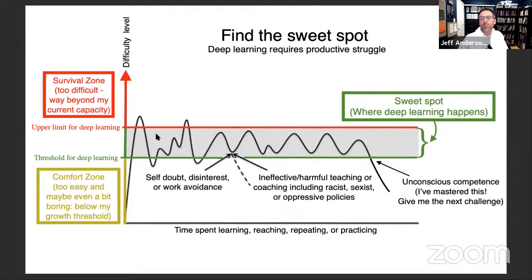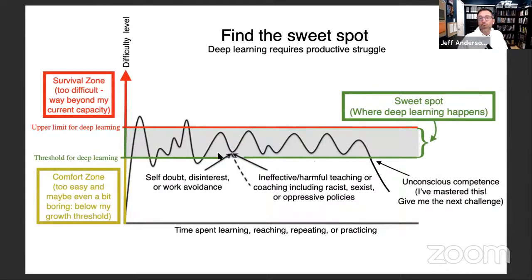It's usually because we've done deep learning. We've stayed in the sweet spot over long periods of time. We do a little bit today, a little bit tomorrow, a little bit the next day, over weeks and months at a time. And all of a sudden we develop expertise in a subject. The 2 things I wanted to highlight in this graph: one, there are some times where we drop out of the sweet spot. And there's kind of 2 different ways that I think about this. One of those is called internal issues, and the other one is called external issues.